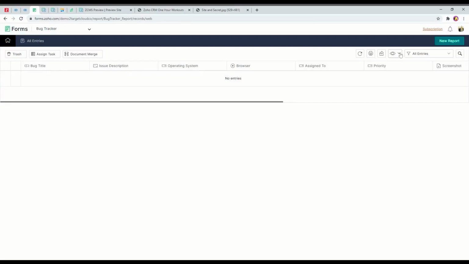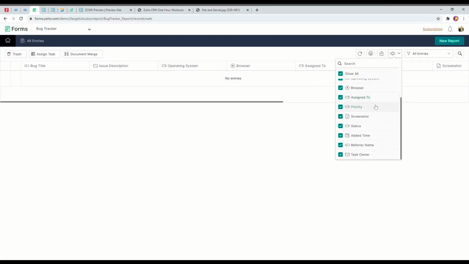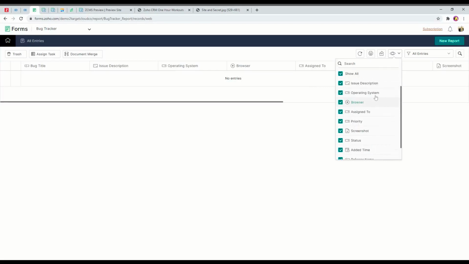So you have the different possibilities to review the data, and these are the columns that we can add. Okay,